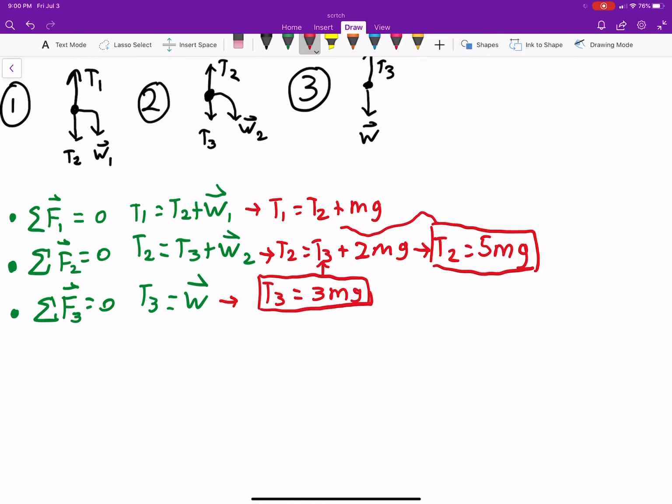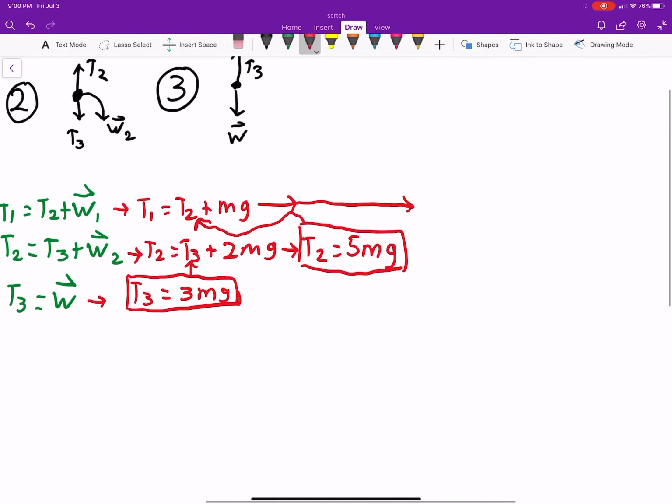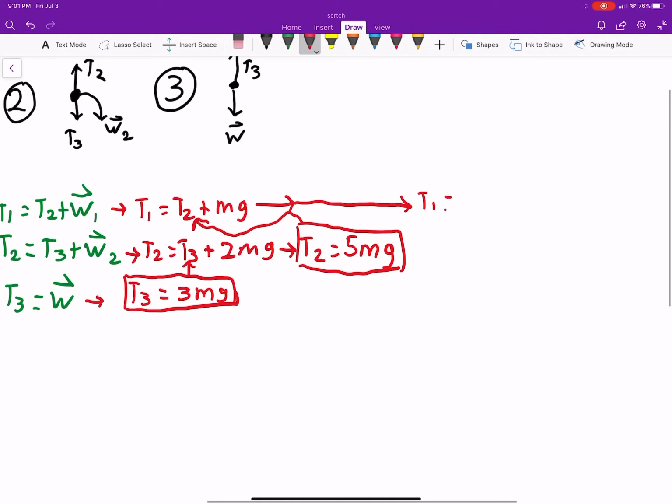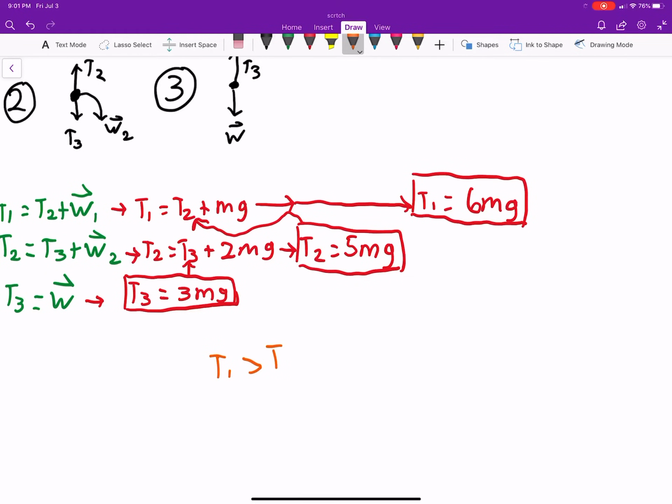And now you can take this and plug it into there, and you get tension 1 equals 5mg plus mg is 6mg. And now we have an expression all in the same terms, and I think we can pretty clearly see tension 1 is the greatest, followed by tension 2, followed by tension 3,